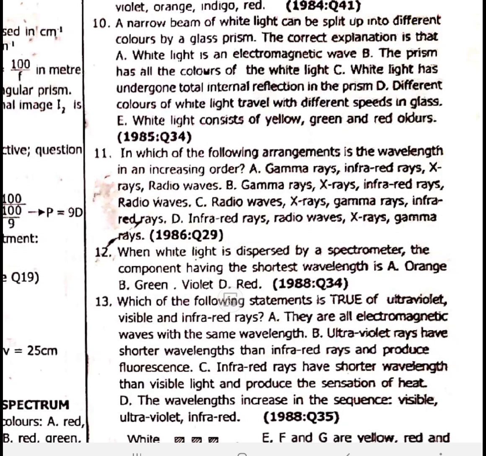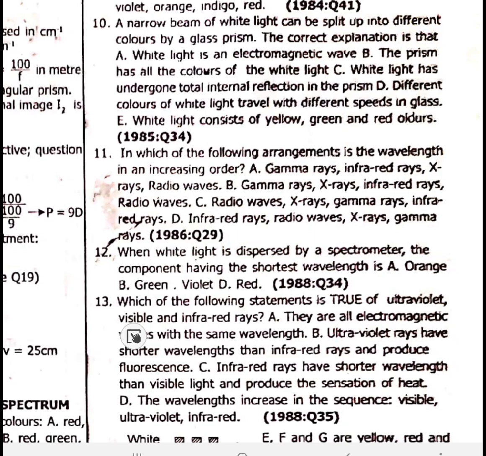When they say the least or the shortest wavelength, we go with ultraviolet, because ultraviolet comes just after gamma and X-ray in terms of least wavelength, before visible light. So ultraviolet will come before all of them, so they actually have higher wavelengths than ultraviolet. Number thirteen. Which of the following